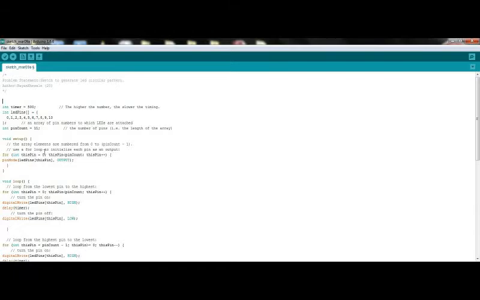then initialization. It is used for global variable declaration. And then setup. Setup is used at the beginning of the sketch, and it is used to initialize the variables and pin configurations. And